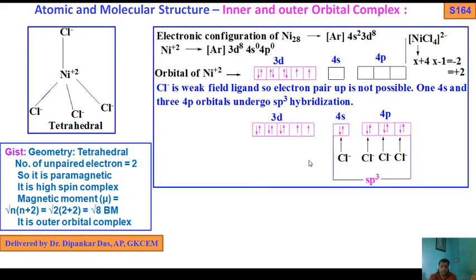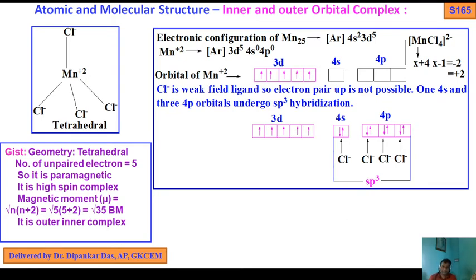Magnetic moment, n value is 2, root of n into n plus 2. So root 2 into 2 plus 2, that is root 8 BM, Bohr magneton. So it is an outer orbital complex. So we have discussed 3. So the last one,